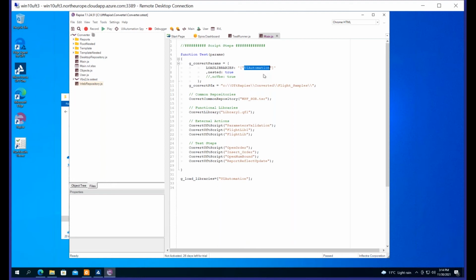Although we may use web, we may use Java, we may use some other Rapise libraries to replicate the functionality of some UFT connectors or plugins. Then we define the folder where our initial test cases are stored. And then the